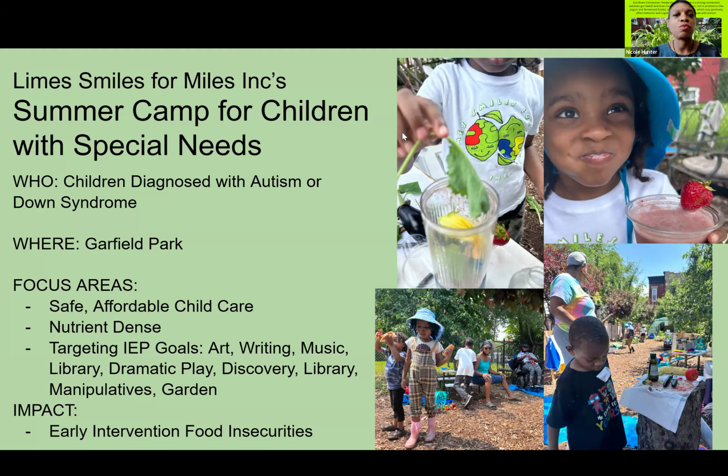And then we move on to the next one, which complements our families with special needs. As a whole, I read in the comments that everyone needs to know about nutrition and nutrient-dense foods. So for Lime Smiles for Miles, the vegetables that you see in the picture, we grew them. And then at the end of the harvest,